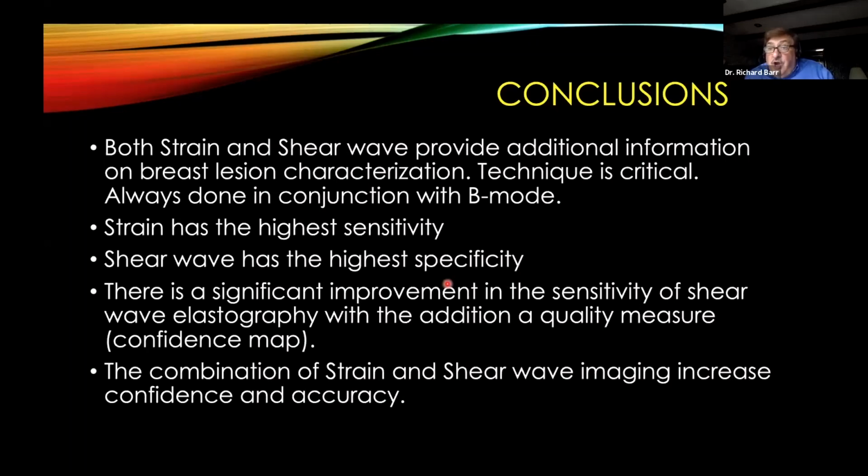The 2D we always use because we have the big field of view and we can see the variability in stiffness of the lesion, and find the stiffest area to do our measurement. The cutoff values would be the same for point shear wave and for 2D shear wave, but it's very, very difficult to find that stiffest area accurately when you only have point shear wave.